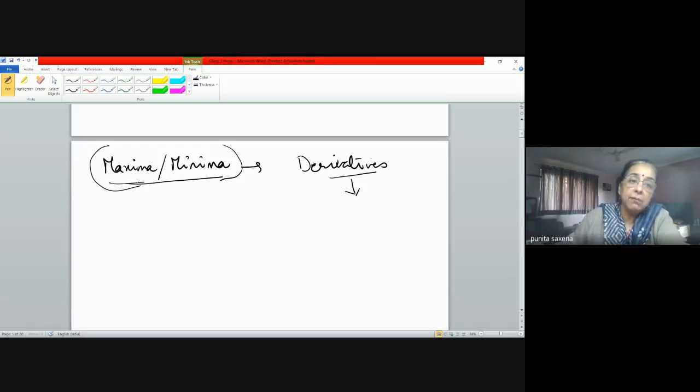But then the same concept can also be used in various situations where we want to maximize something, we want to minimize something, or we want to see at what time this particular thing would be maximum or minimum. So wherever we are talking of maximums, minimums, we are talking of this concept, and that's how we are going to apply it. Like the very first situation where we apply this concept of maxima minima is, first of all,